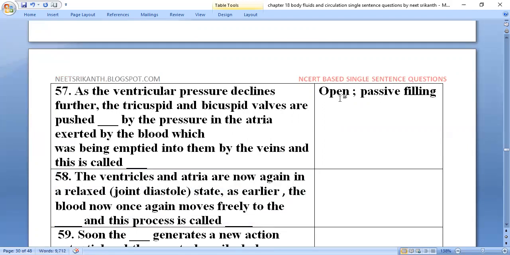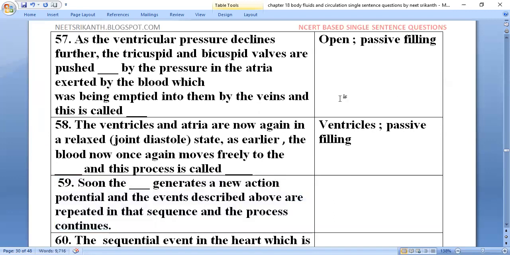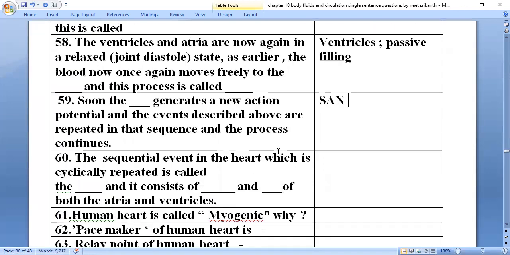Ventricles and atria are now again in a relaxed state. As earlier, the blood now once again moves freely to the ventricles, and this process is called passive filling. Soon the sinoatrial node generates a new action potential, and the events described above are repeated in that sequence, and the process continues. The sequential event in the heart, which is cyclically repeated, is called cardiac cycle